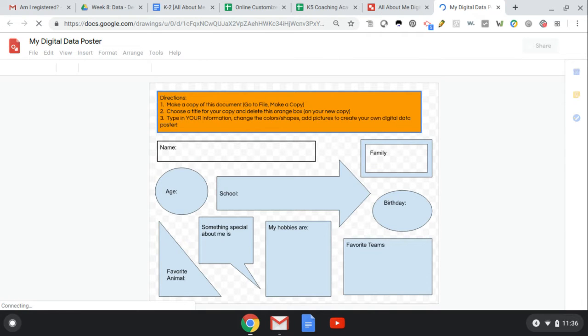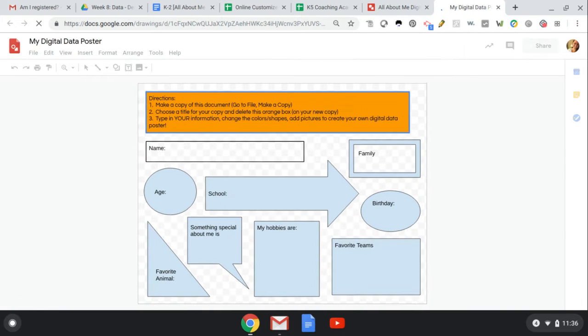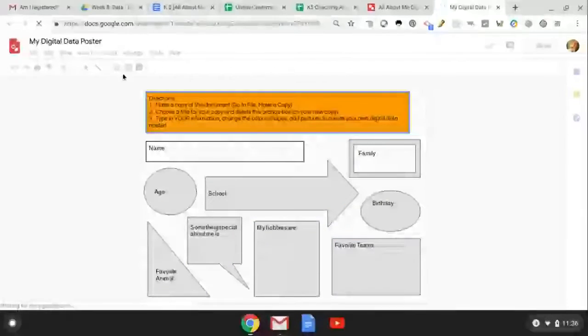Notice it will load a new tab. And now you can change this however you want to. So the directions say make a copy of this document. We just did. Number 2, choose a title. Good. And copy for your copy and delete this orange box because now we want to make this our own. So we're going to wait a second to see all of these things pop up, and then we will delete